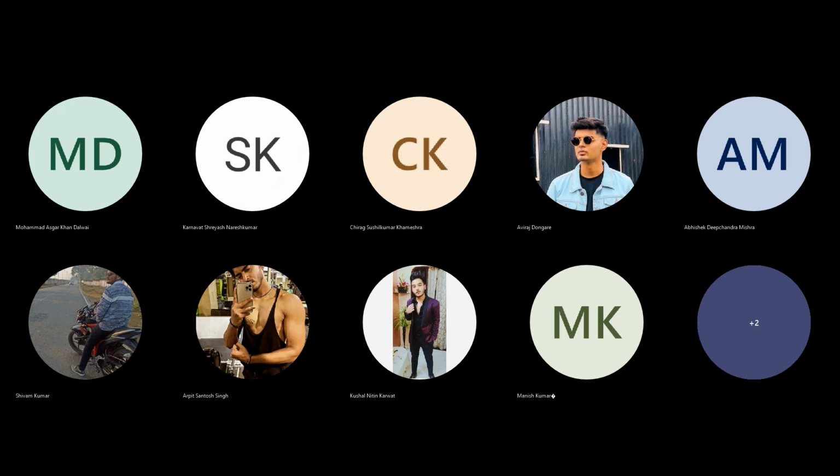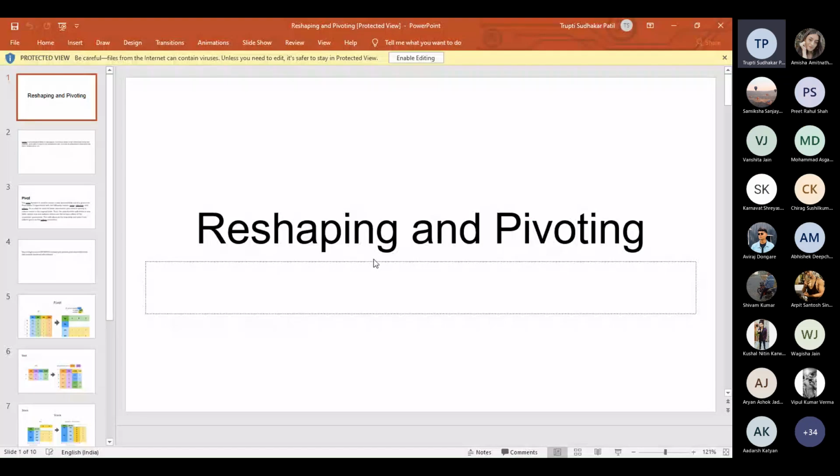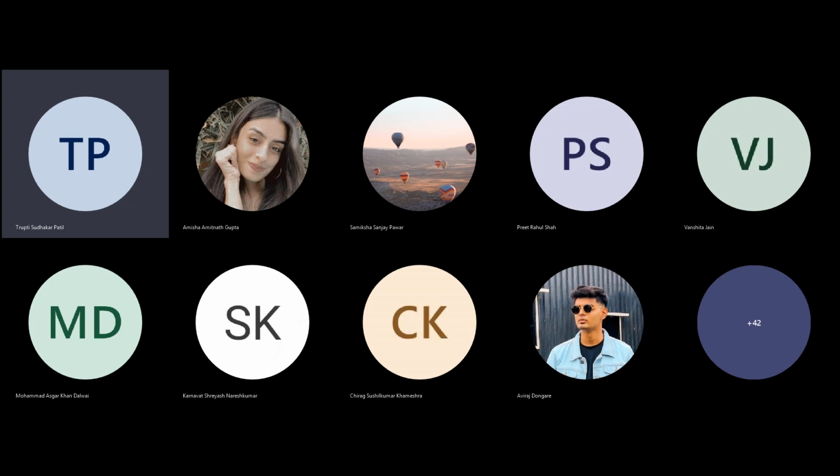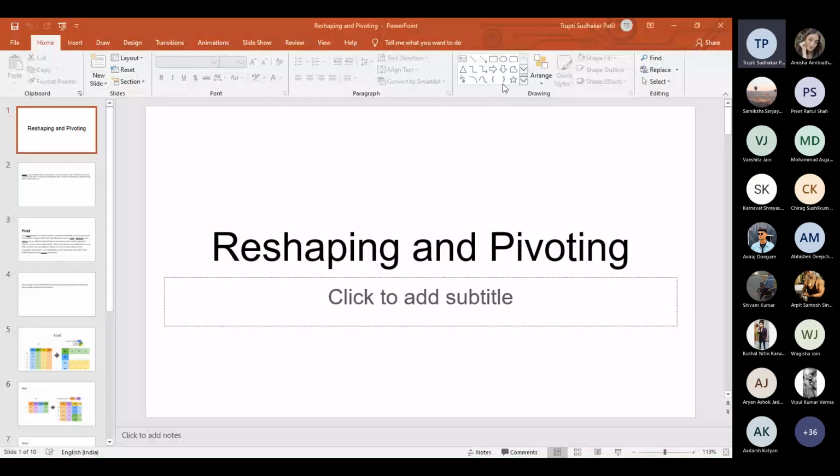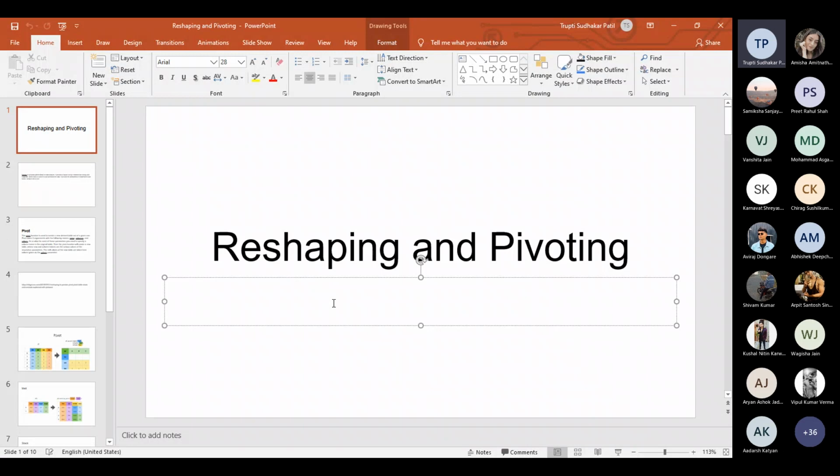So first I will share with you the presentation. What is this reshaping and pivoting? In this reshaping and pivoting, we have to reshape.